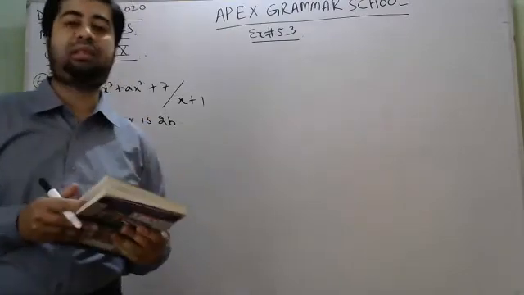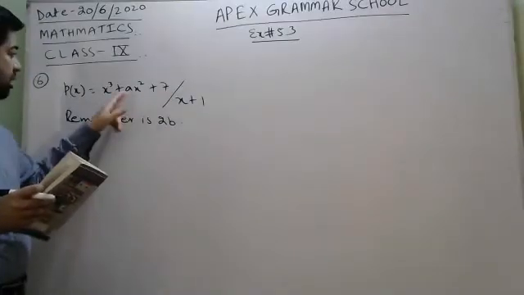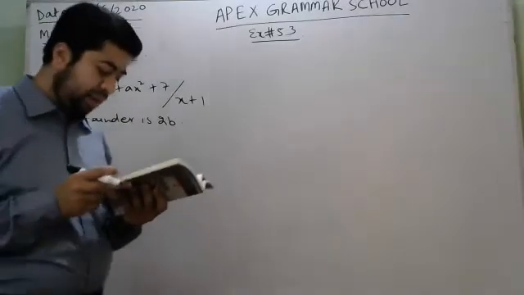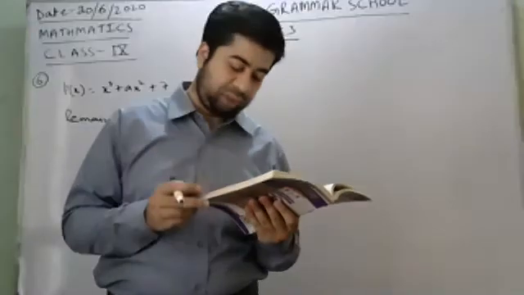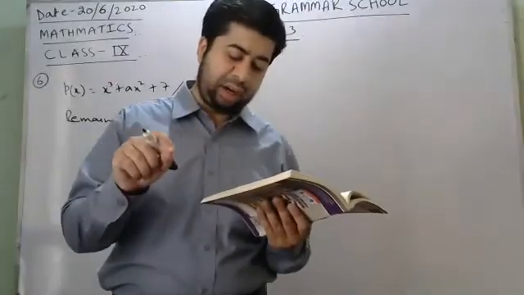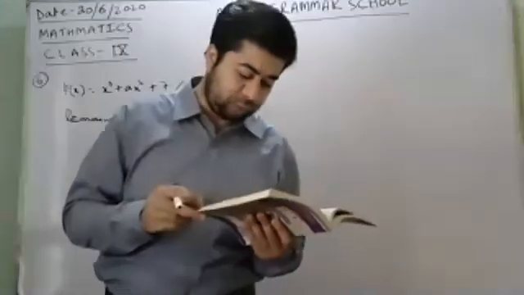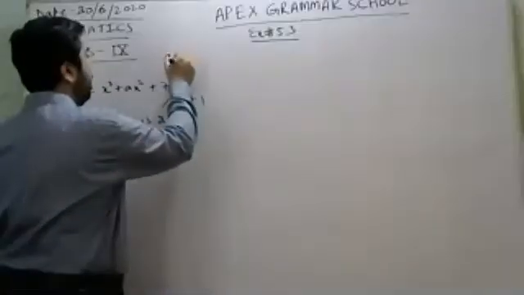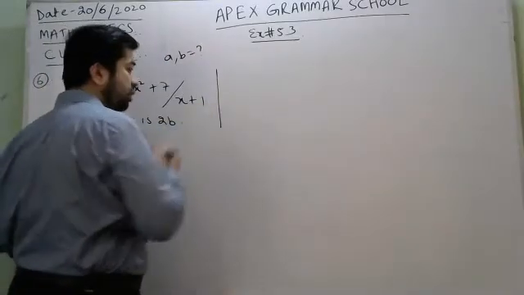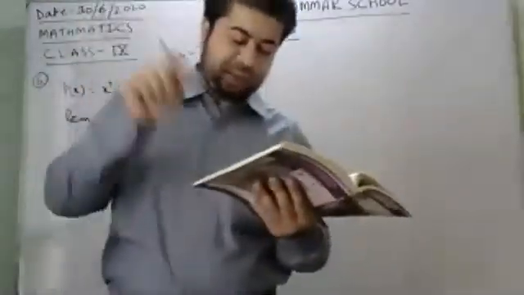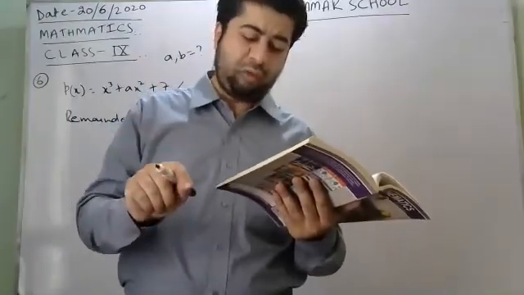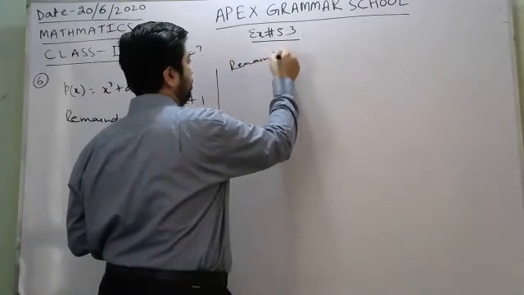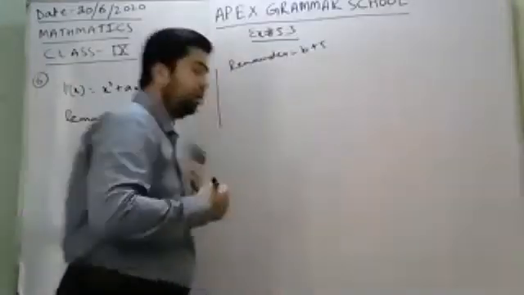Now we can see that here there is some coefficient like a. We have to find the value of a. He is asking to calculate the value of a and b. If this expression leaves the remainder of b plus 5 on being divided by x minus 2, he is asking to find the values of a and b. Another remainder is b plus 5.